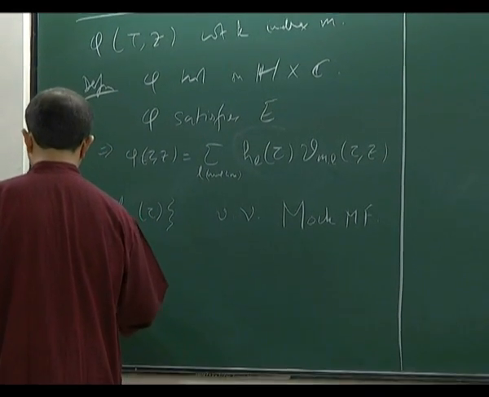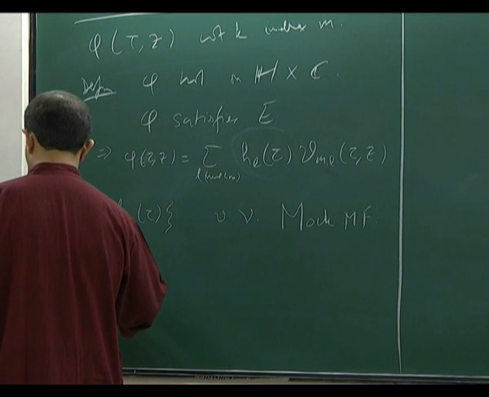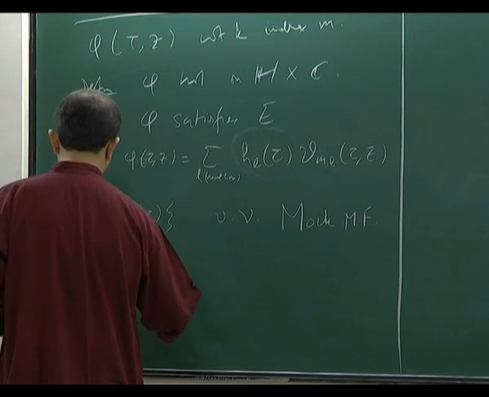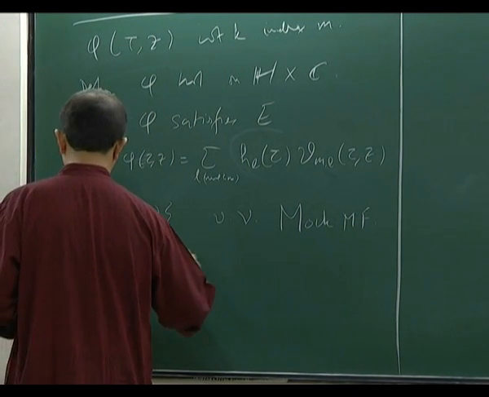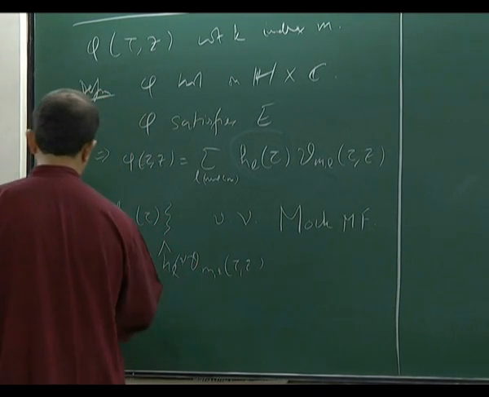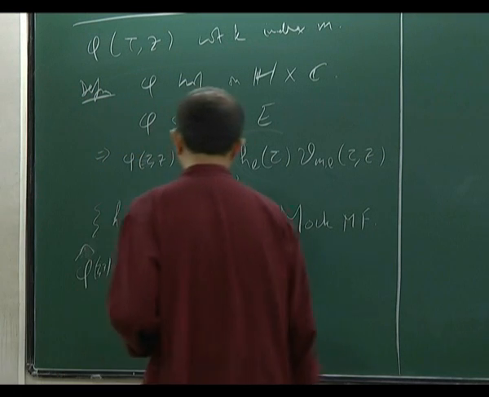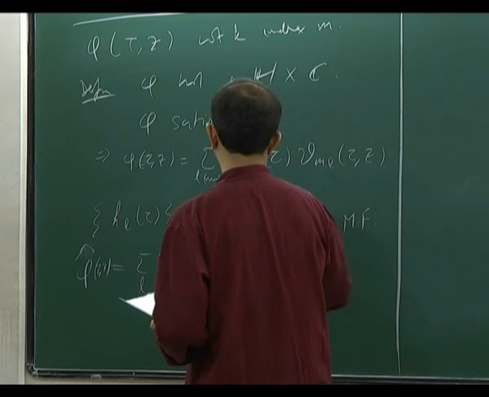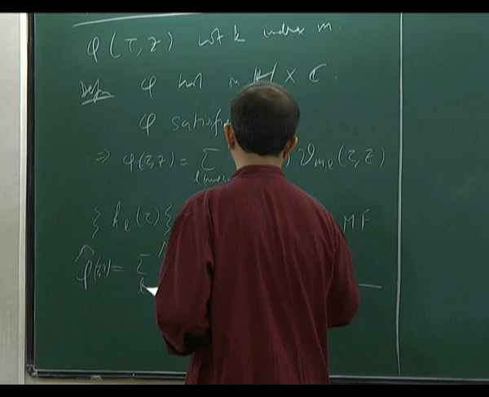You can do the completion: define a completion phi hat, which is the sum over L of h_L hat times theta_{m,L} of tau, z. These are vector valued mock modular forms with shadows